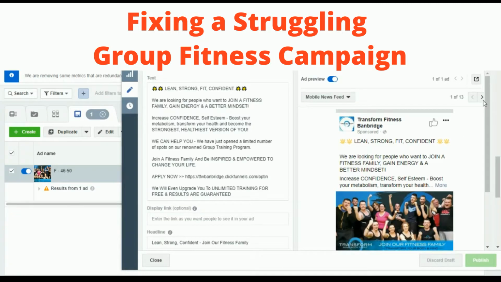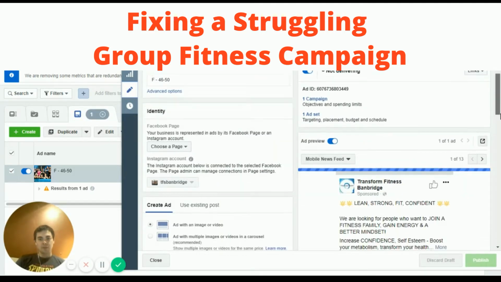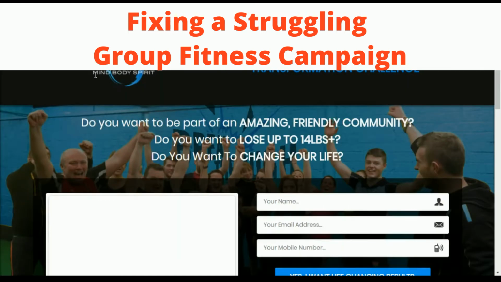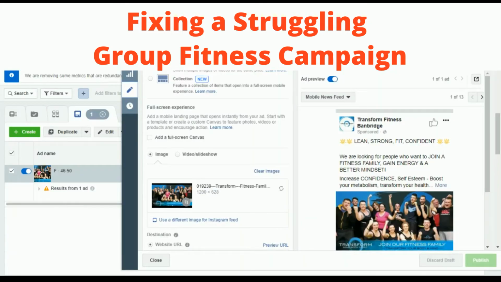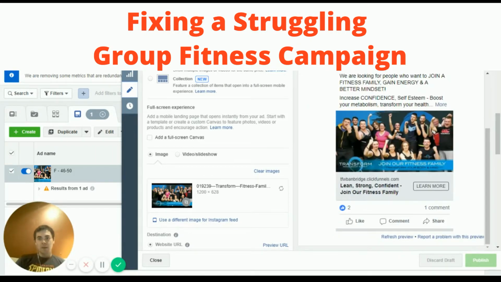Anyway, you want your landing page to reflect what's in the ad. If the ad has this type of language and this type of image, we want that same thing reflected in our landing page. I think you've done a good job with the colors here, the colors match between the ad and the page. This "join our fitness family" thing, again, that's fairly vague. People don't know what they're getting, right? And then